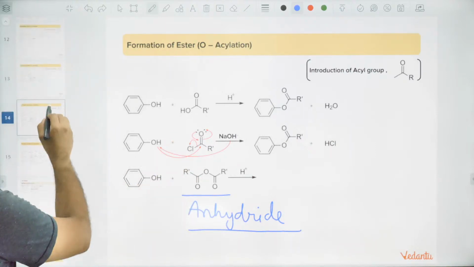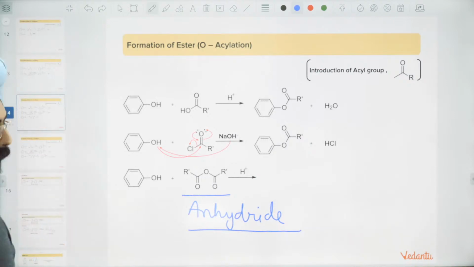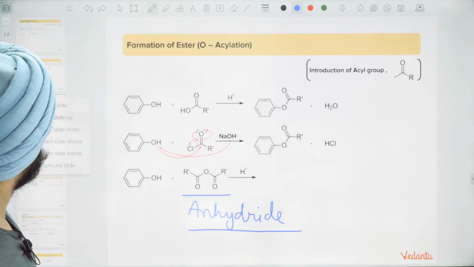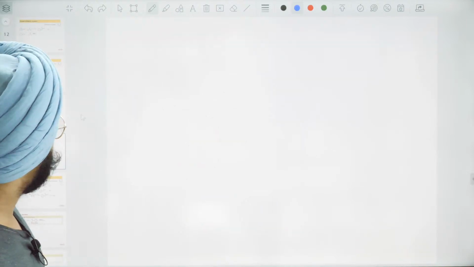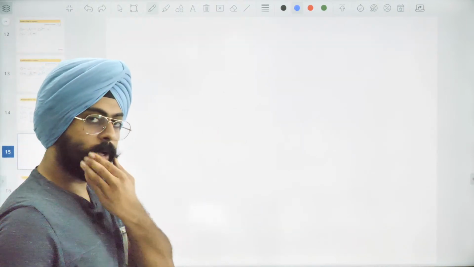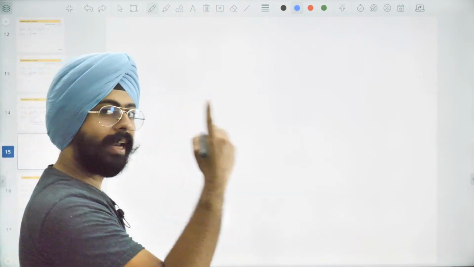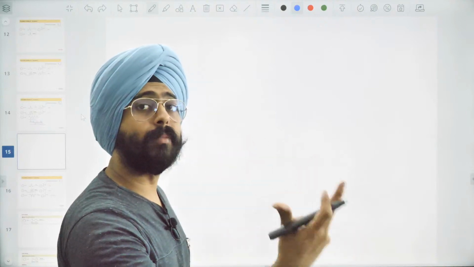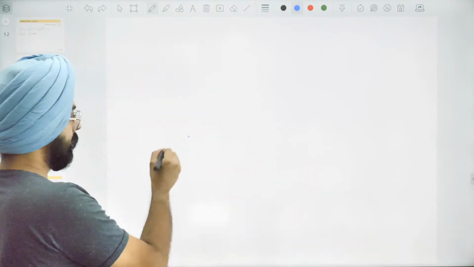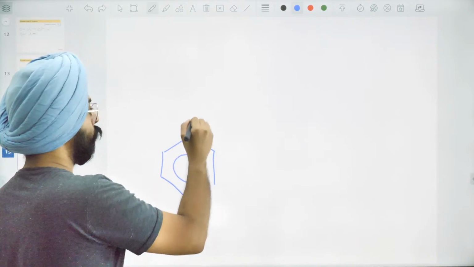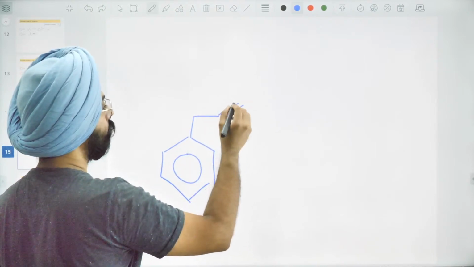So, what this reminds me of right now, इससे मेरे को याद आया that in the previous class, I had told you guys to search for something, and that was the exception of LiAlH4 with cinnamaldehyde. Remember, ये मैंने आपको एक टास्क दिया था that you have to figure out if you have cinnamaldehyde